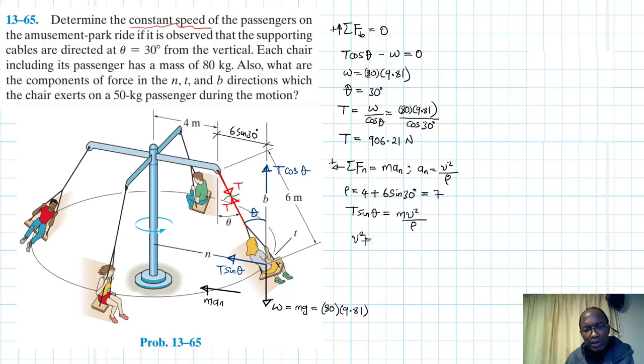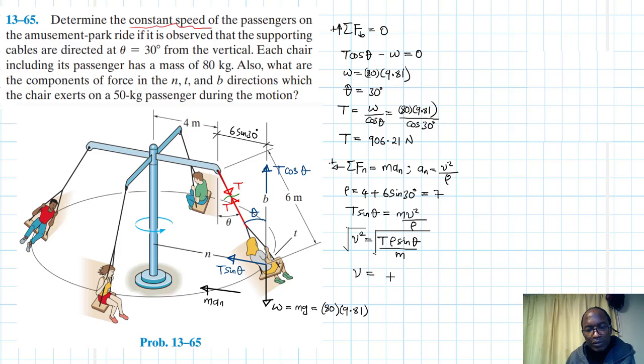So our V squared is just going to be equal to T, then rho, then sine theta, divided by M. So if we are to take the square root on both sides, like so, and also here like so, and then we have the following. This just becomes our V is just equal to